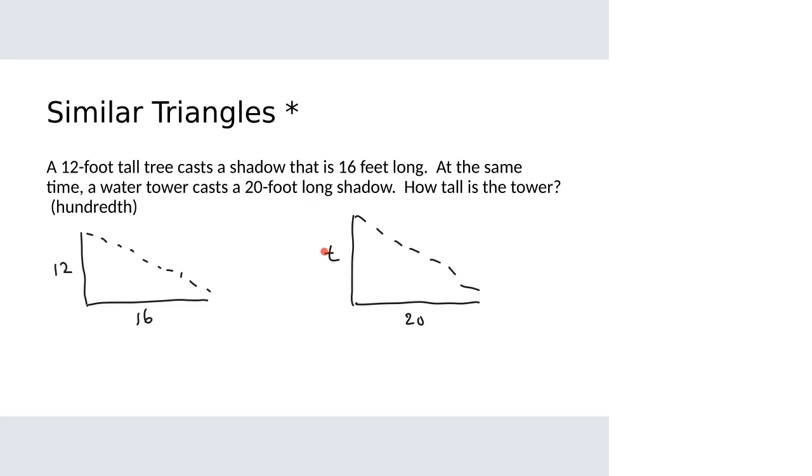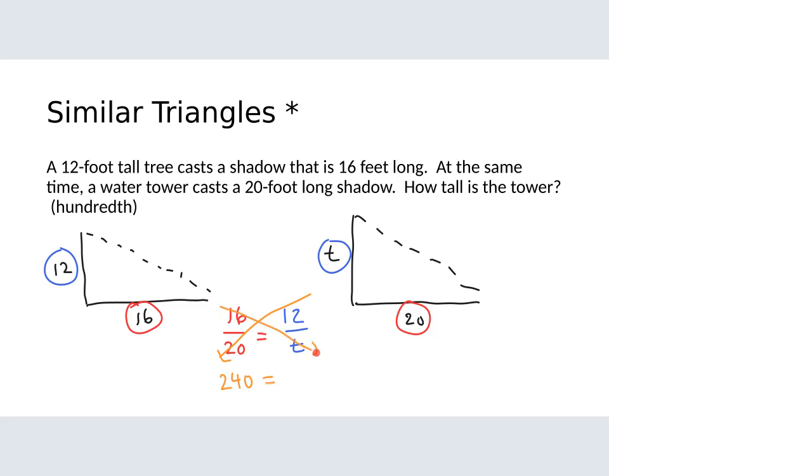Okay, so I've got this set up. I have this relationship between these two shadows down here. 16 is to 20 as, when I look at my other relationship, small triangle, big triangle, 12 is to t. Now I've got my proportion set up and I can solve. So we'll cross multiply 12 times 20. Can't do that one in my head. 240